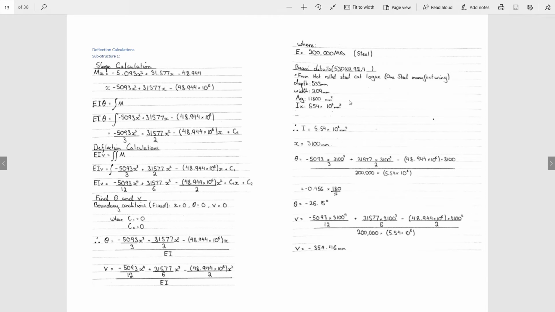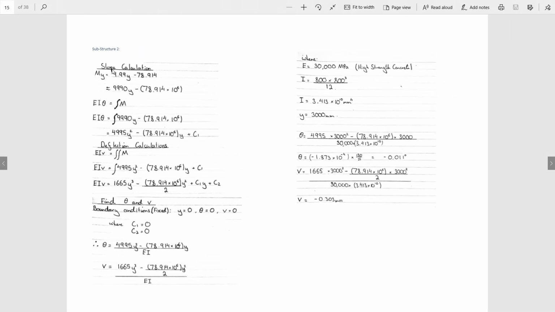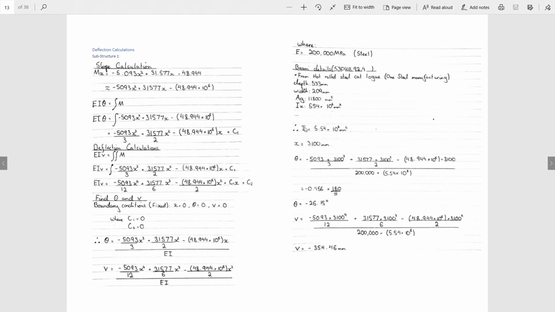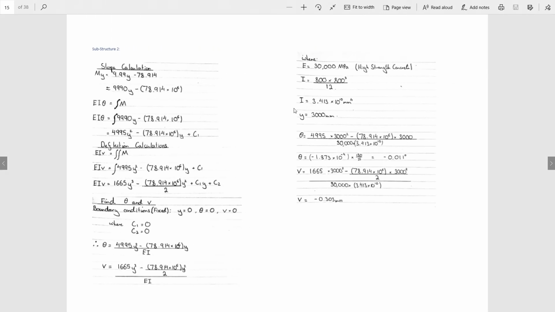So because of that, we don't need to work out our I because it's given to us. So that's given to us here. Worked out our X, and then we fire these values into our calculation just from the new structures course, and then we get our answers. The process is repeated here, except of course slightly different. Sorry, that was our total length rather. So yeah, slightly different